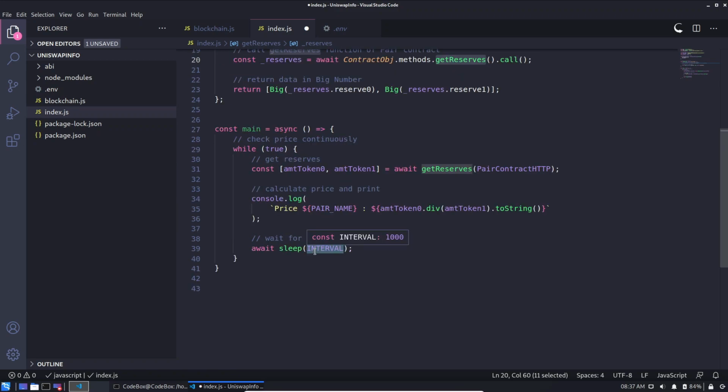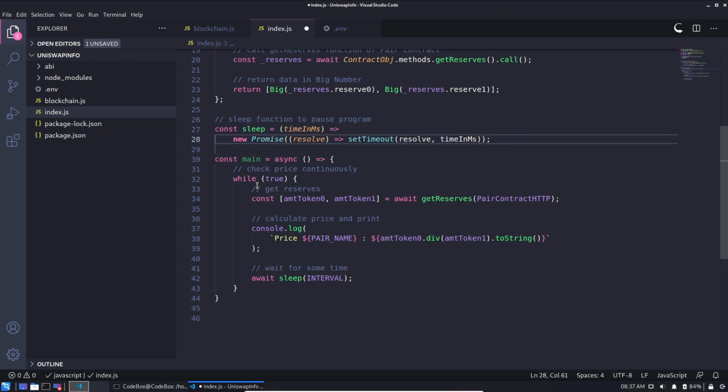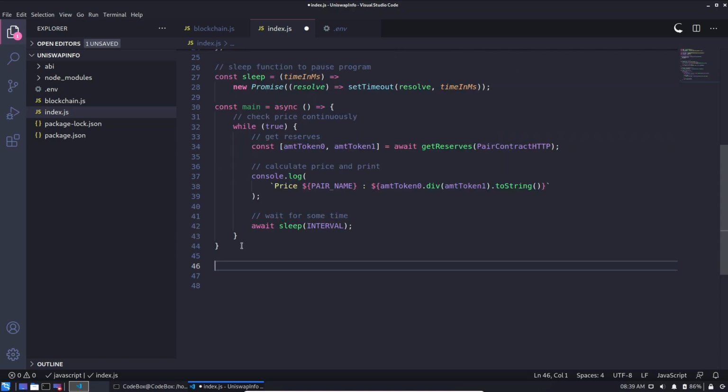Okay, the next thing we'll require is the sleep function, because we want to pause the execution for some specific amount of time and then again query the blockchain. The sleep function is a rather simple one. It will return a promise that will resolve after a certain amount of time, and then we'll call the main function here. Okay, so this is the code to get the relative price of token from blockchain. That is, we are continuously querying the blockchain. So let's just run it.